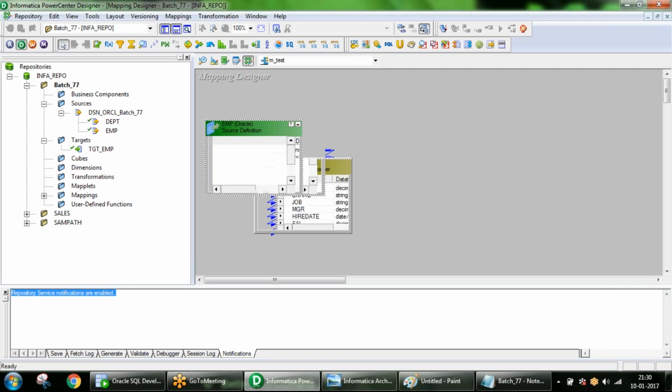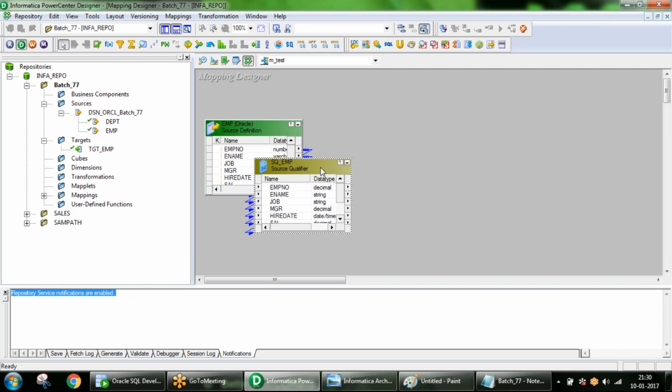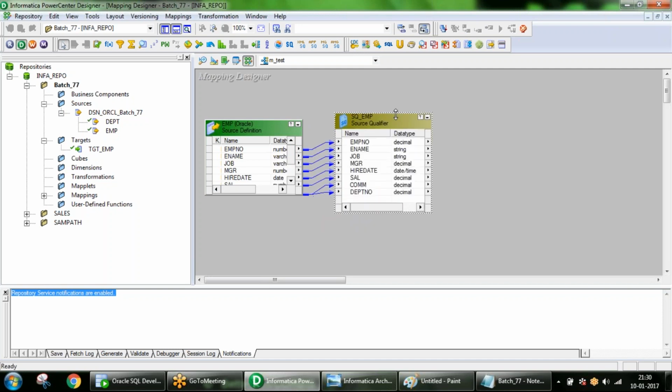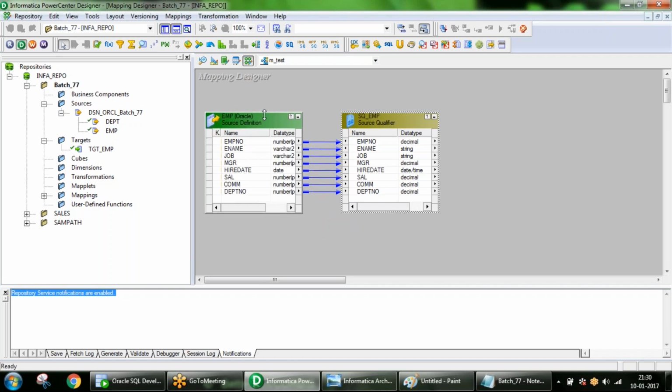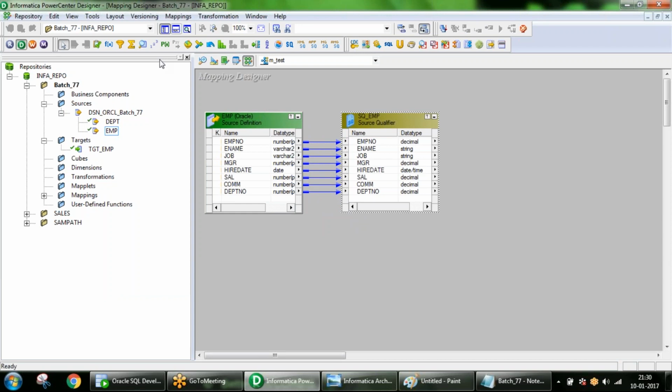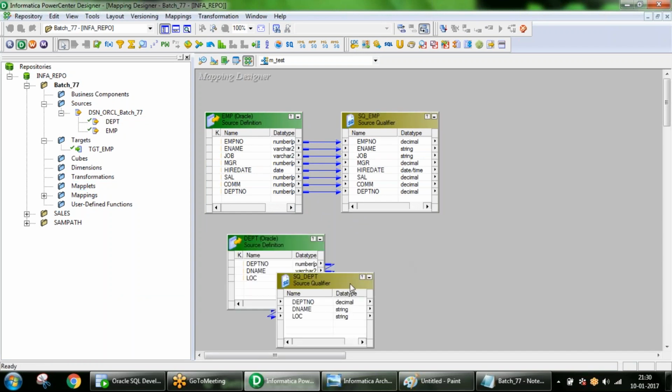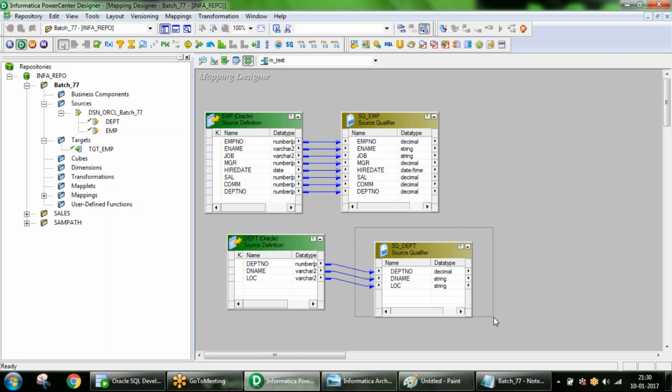When you are dragging a source, automatically you will get one more object that we call the source qualifier. Let's say I drag the DEPT source, automatically you will get one more component, the source qualifier.